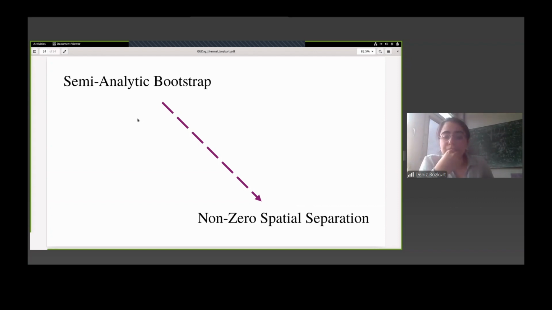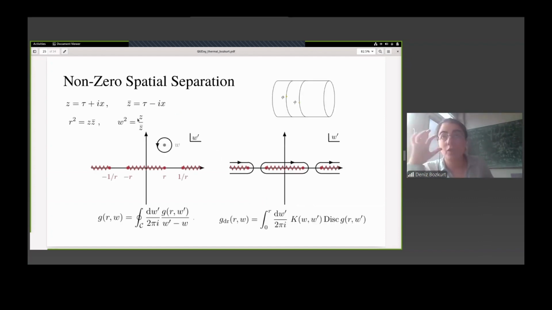Okay. So up to now, we only considered the operators that were on the same time circle. But now we can separate them, and they can be anywhere they want in the time circle. And in this case, we also know the analytic structure of the 2-point function. But first of all,